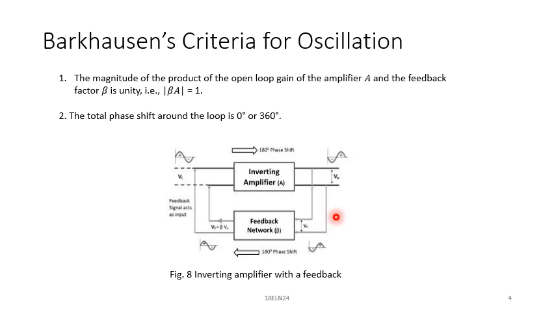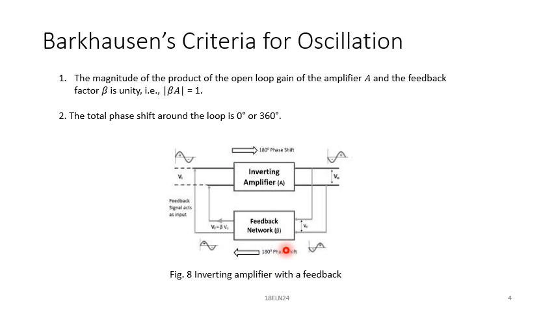So in terms of waveform it is mentioned here. This sine wave is given here, and the output is inverted. This inverted output is given to the feedback network, and I will provide a 180 degree phase shift again. So you'll get the output which is the inverse of this. So you get a 180 degree phase shift between this input and output. And now you can observe here the input signal and the feedback signal both are in phase. It is fed back to the inverting amplifier. Therefore you have 180 degree phase shift here and 180 degree phase shift here. So the phase shift is 360 degree in the circuit.